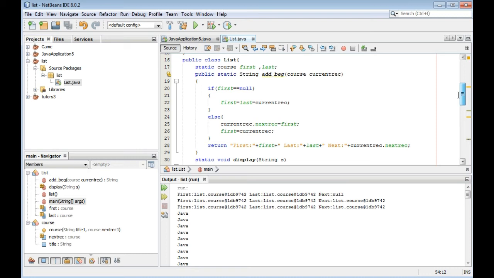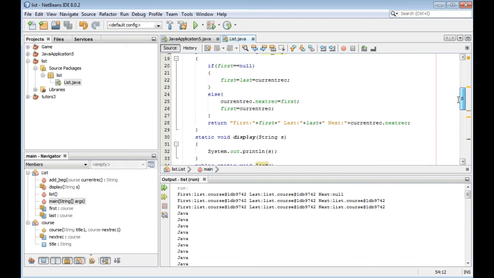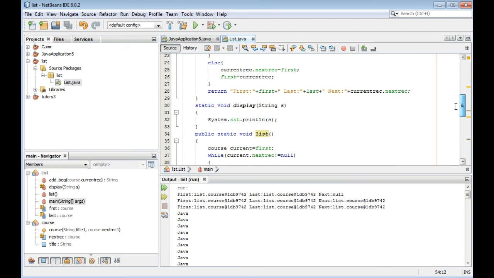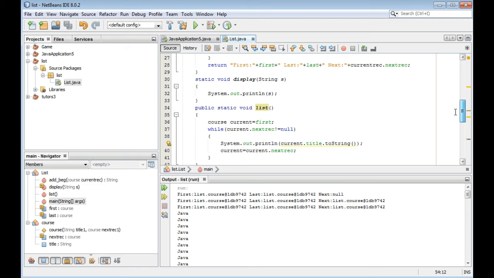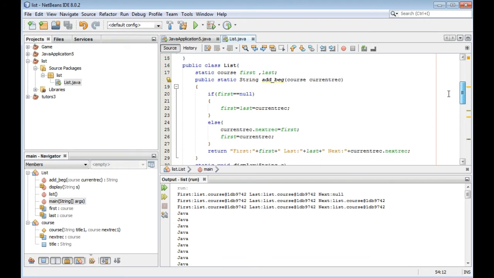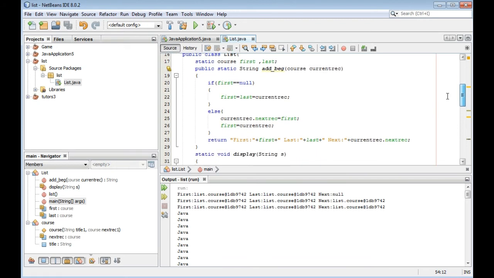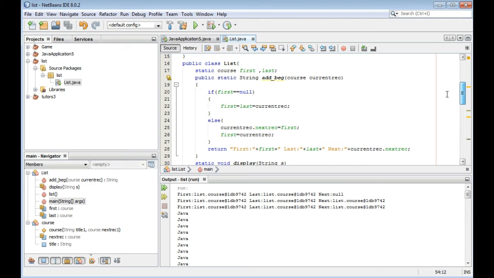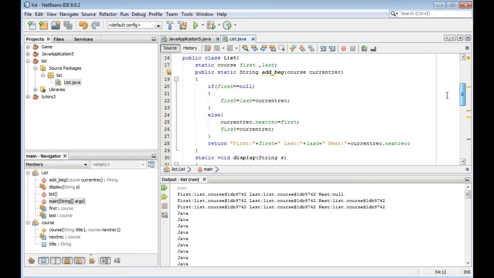This is not good. We should have some changes. First is 942. This is the address, right? Now we have first, last, current record, and current record dot next record.